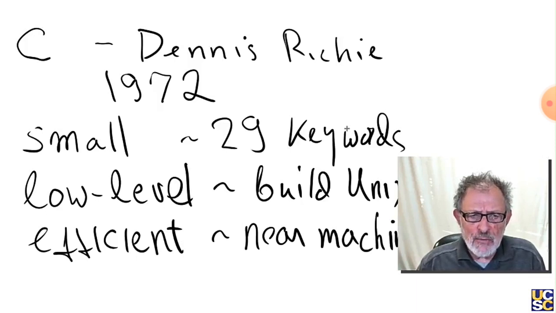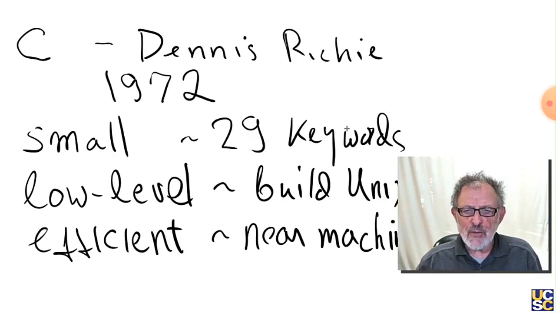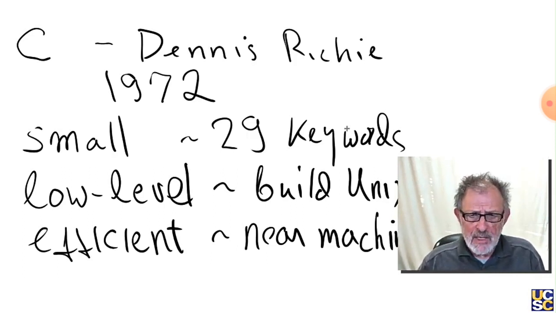Some of the characteristics of the language that make it useful and powerful: it was small, as we'll see. The number of concepts you need to understand to fully learn C is much smaller than current languages. C++ is at least 3 times the size of this language when you use a metric like keywords. Keywords are critical to understanding a language. They're reserved for special meanings.